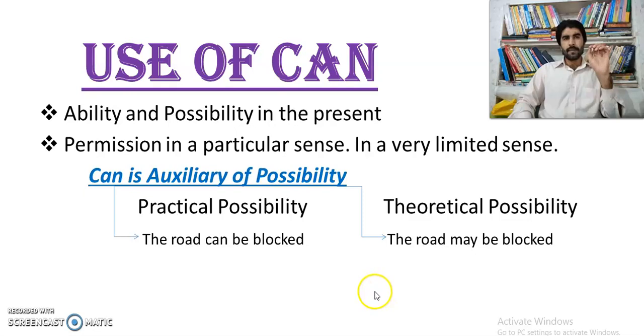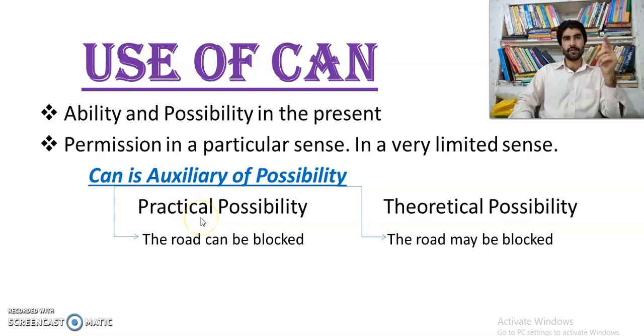When somebody has the capability to teach you and you are going to take his lecture, and you are entering from the door and you say, can I come, sir? You can say this in a limited sense. Why can you say it? Because can talks about capability and ability. It means you are getting some from your teacher. So here you can use can. Can is the auxiliary of possibility. It's also the auxiliary of possibility. There is a little bit of difference.